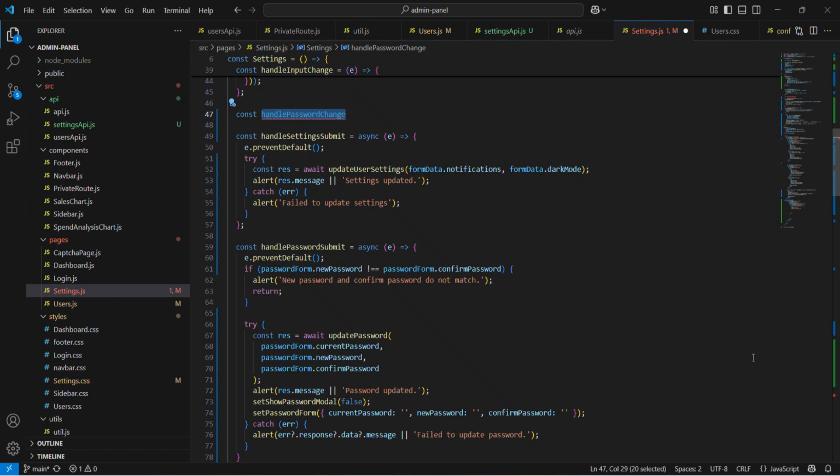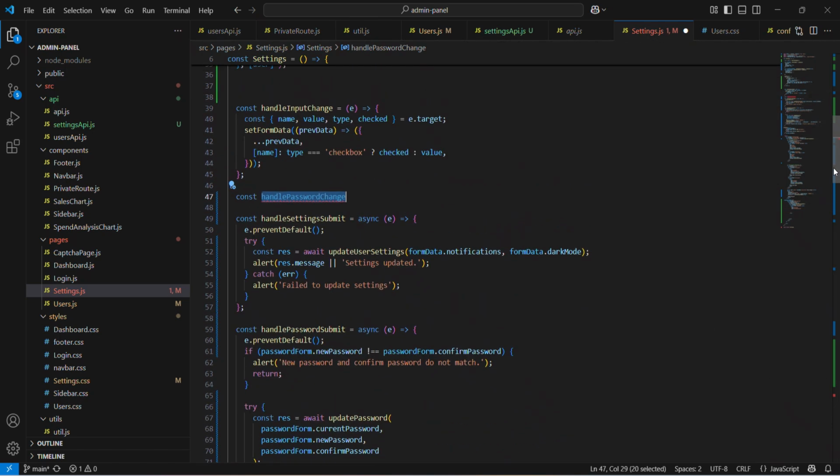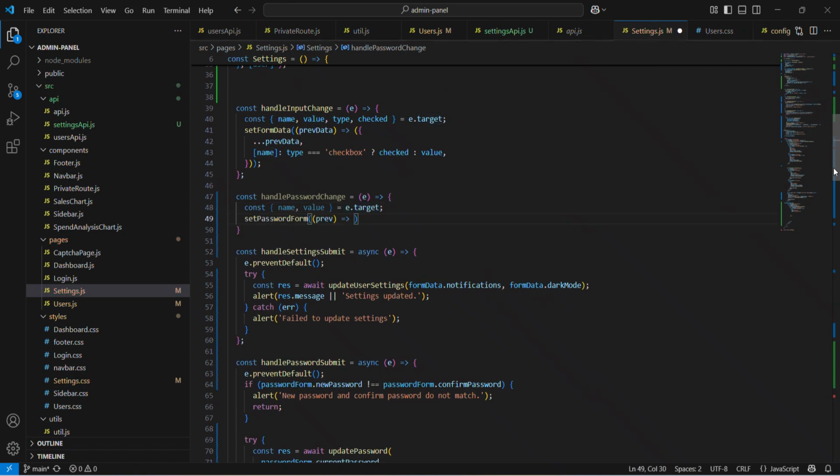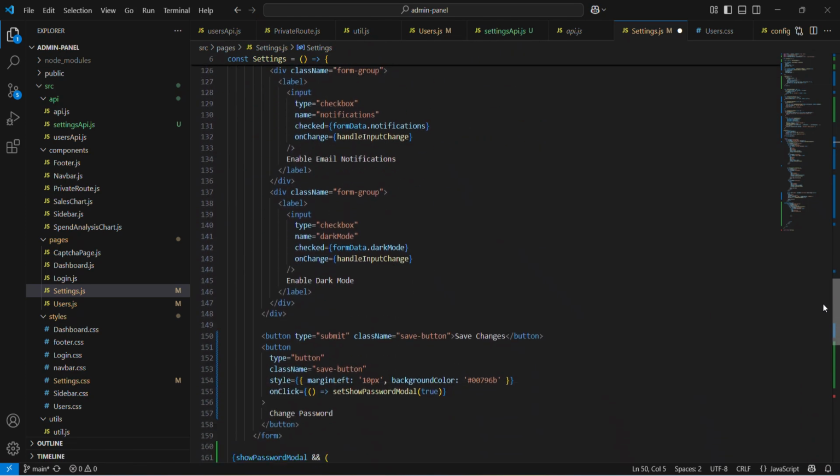Now here's the actual modal. Alright, so here we are conditionally rendering a modal only when show password modal is true. That means this password form won't even exist in the DOM until the user clicks the change password button.